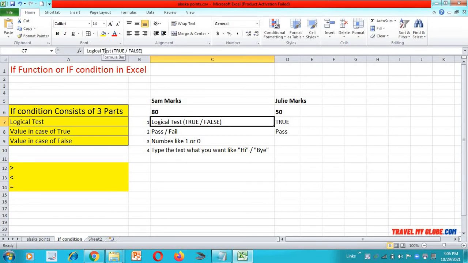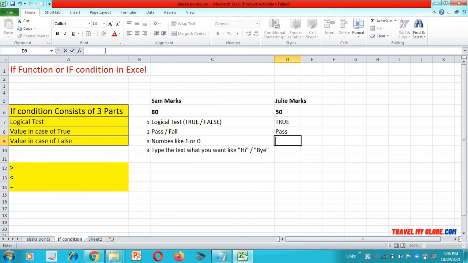The logical test result gives true, and if this condition is true, we want the result pass. You can also type a number instead of a string, but for numbers you don't need to keep the number in double quotes. Let's see that. First of all, put IF. Now it's time for the logical test.